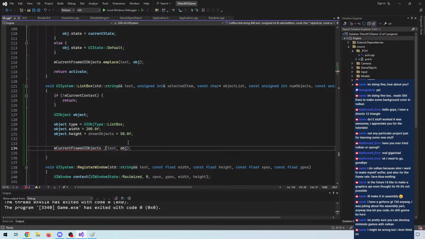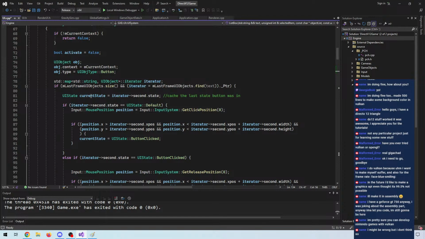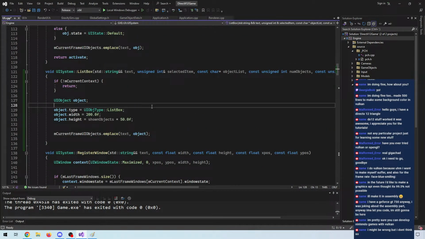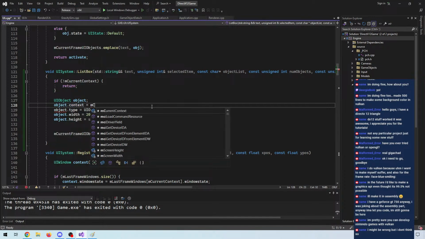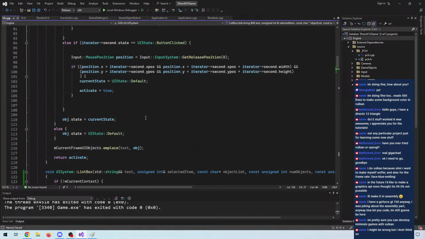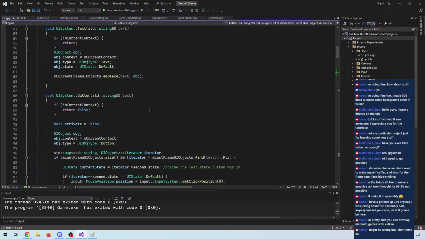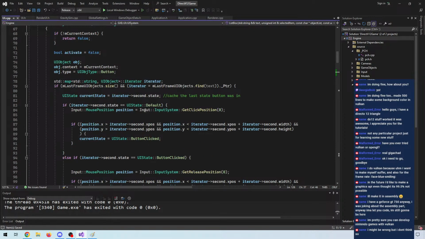Of course, we need to in place that, but we also need to set the context. So we do set a width and height. We do set a type. For a text, we have fairly simple processing. We can't interact with it, but